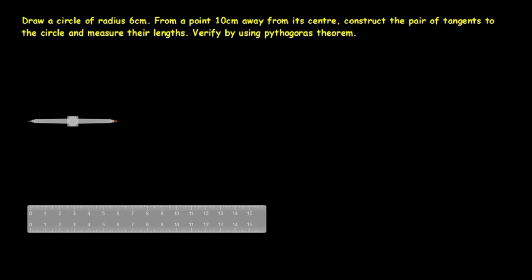In this video, you are going to learn how to draw tangents to the given circle. In this problem, they have given a 6 cm radius. So, first of all, we should draw one rough figure